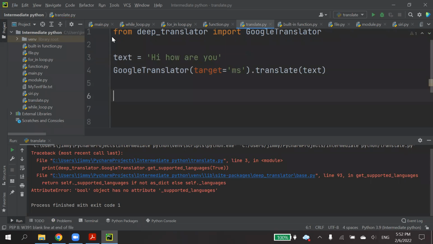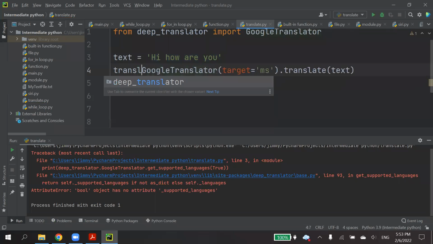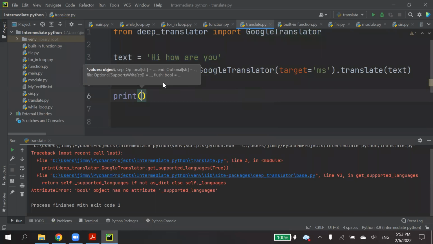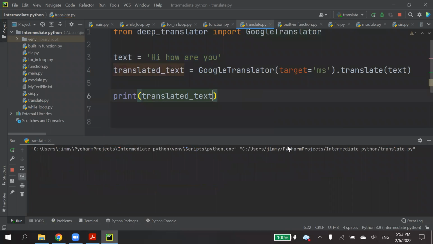So now my target is MS. MS actually means Malay. So let's say I translate this text into Malay. I can save it here as translated text, and then I can print it. I hope it works. Let's try.